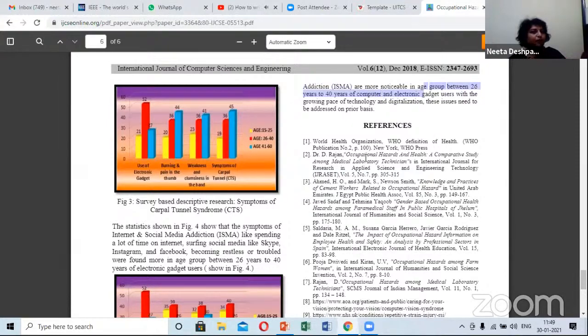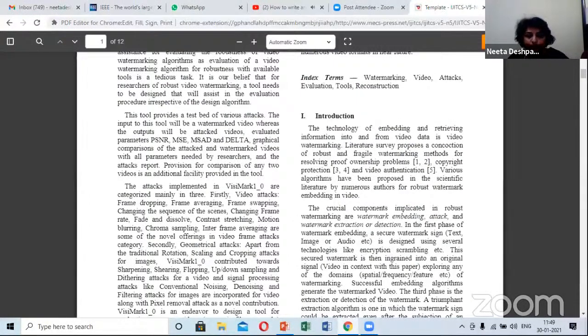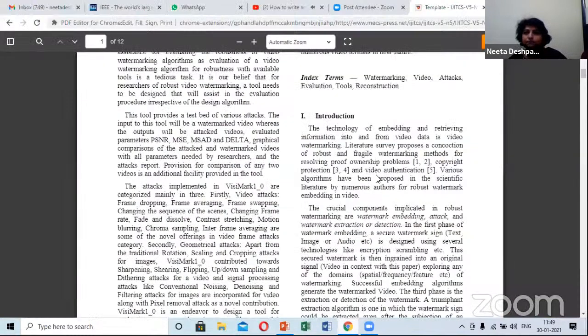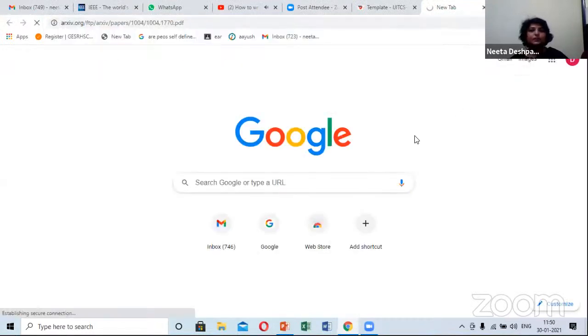Then again, as I told you, references, here references हो गए. There is one more type of survey paper which you can write down in third year, and I'll tell you how it is being written. Again, I'll take an example of my own paper only. So it's always better to show our own paper. So this is one more paper that I'm selecting. I'll again paste the link in the next tab and I'll show it to you. So this is one more paper.